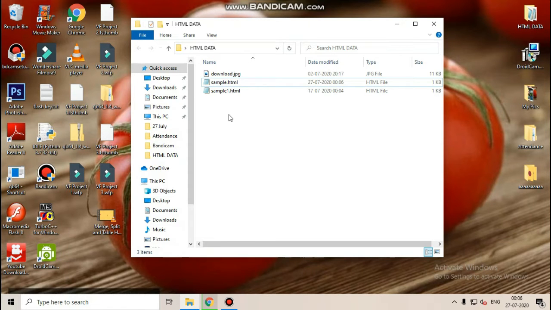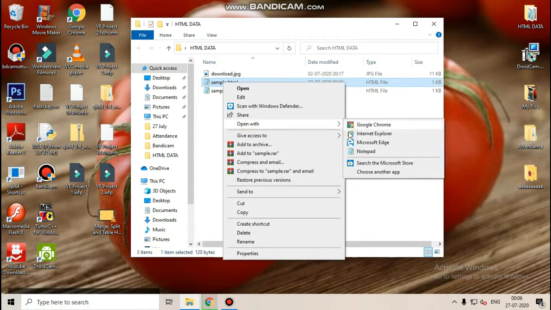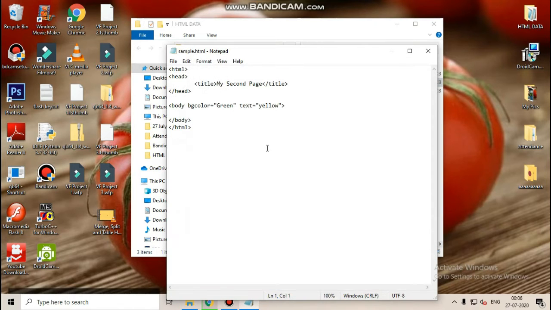So now what you have to do, we will do first ordered list and unordered list in the same page. So I will open it in Notepad. Now I hope you must have understood why you don't have to tick over there. If you tick over there, you will not be able to see the extension of the file, and that will create a big problem.